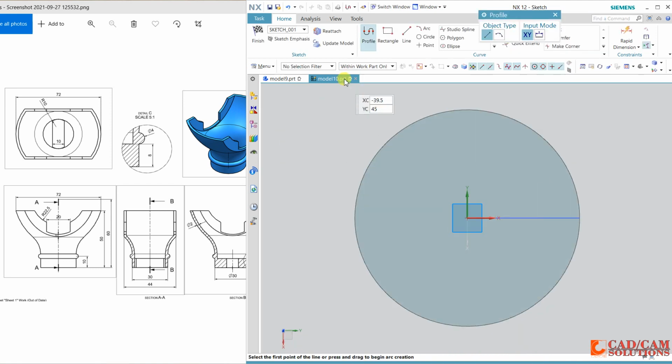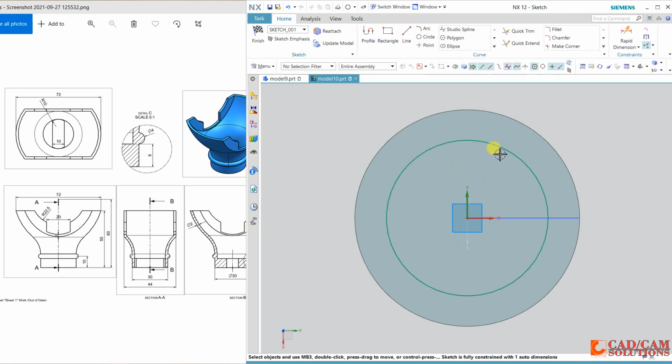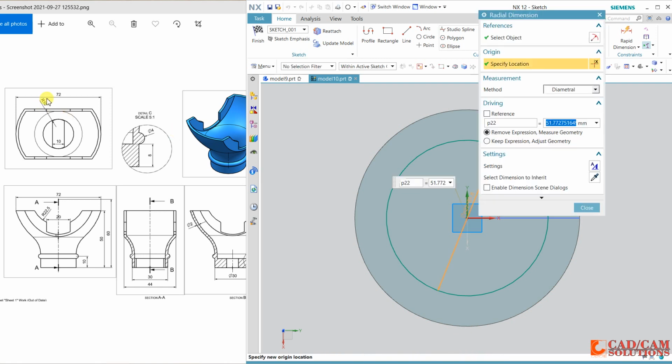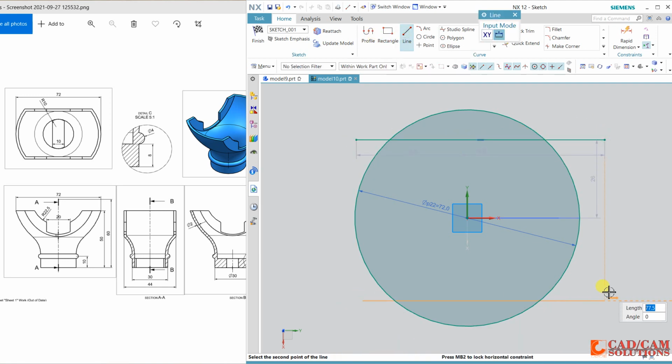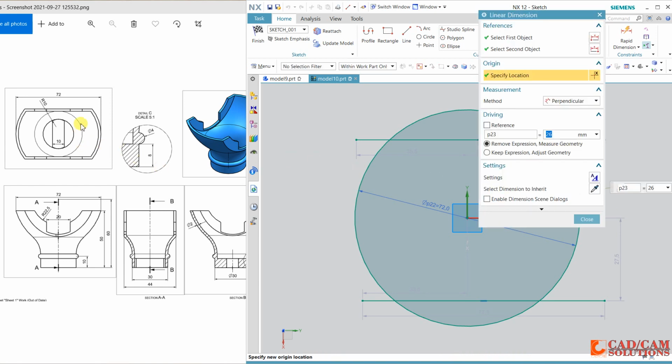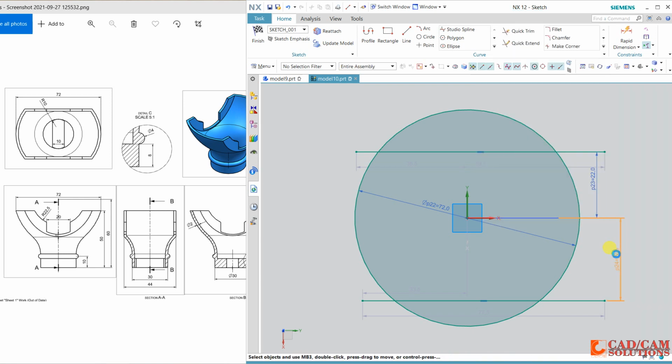select any plane. Now select a circle and the dimension of this circle is 75, 72 is the diameter, so change it to 72, which will be same as this lower length. Now draw two horizontal lines and define this gap is 44, so half of 44 is 22 and same here 22